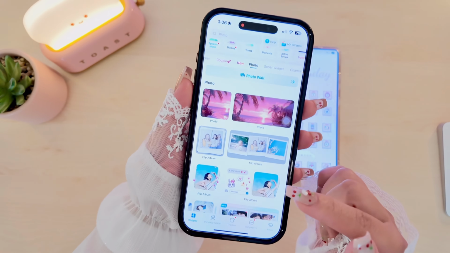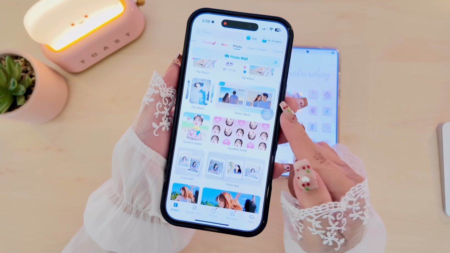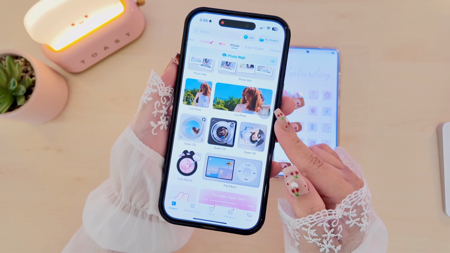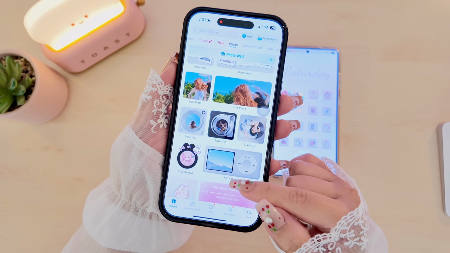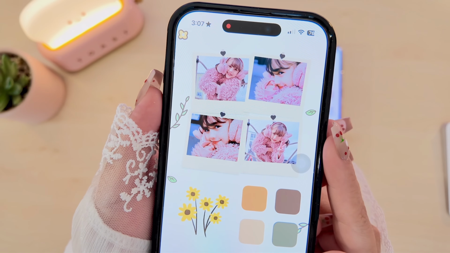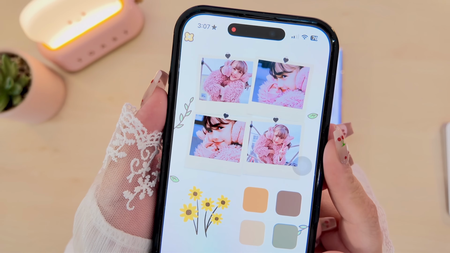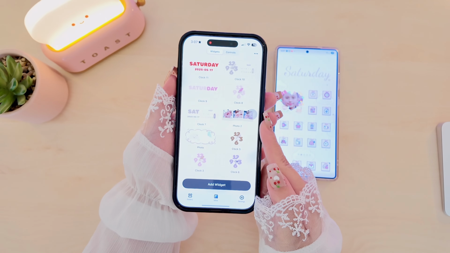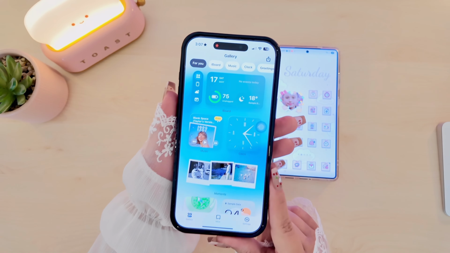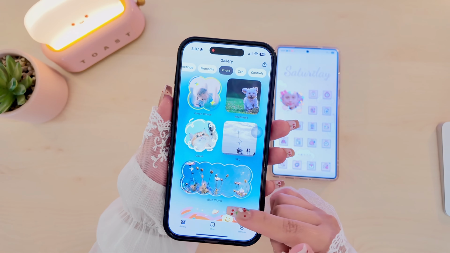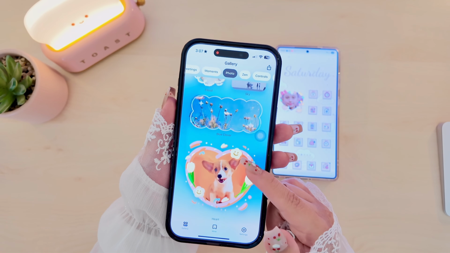Even on my iPhone, I love to have the iScreen photo widgets as well, because there's really a lot of options you can pick from. A lot of cute ones, a lot of simple ones, animated ones. But aside from the iScreen app, I'm also using MD for my photo widgets, and they also have some simple ones but still looking so cute. The photo widgets on MD are mostly minimalistic but still quite cute,